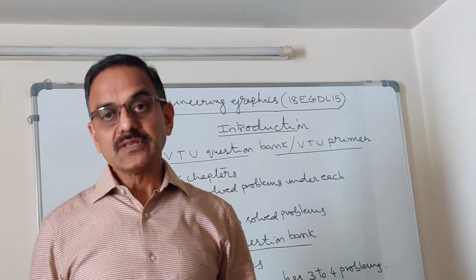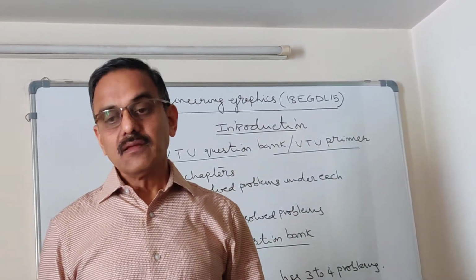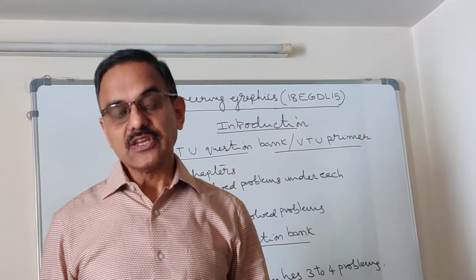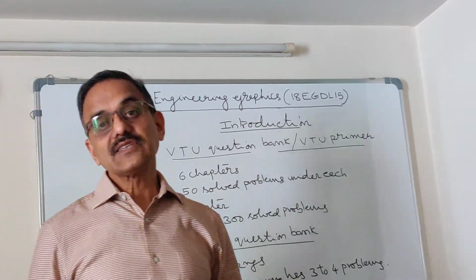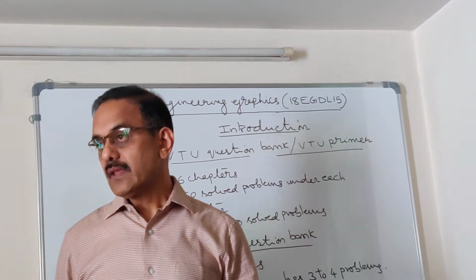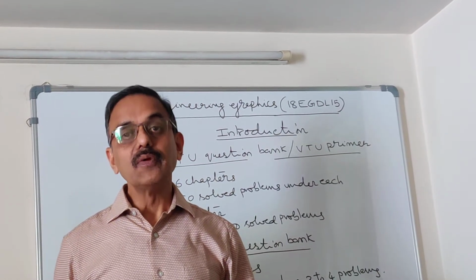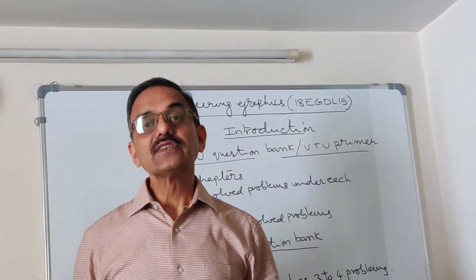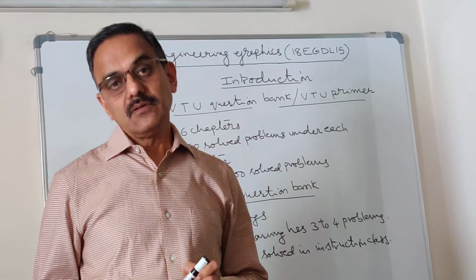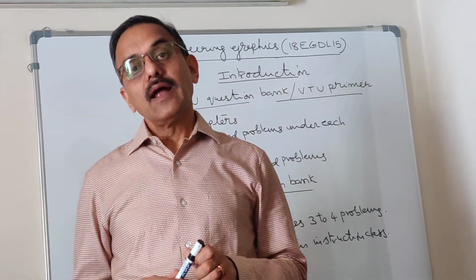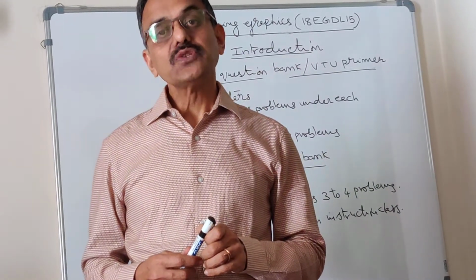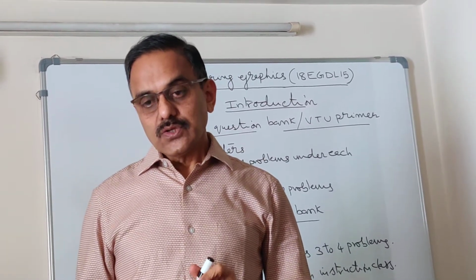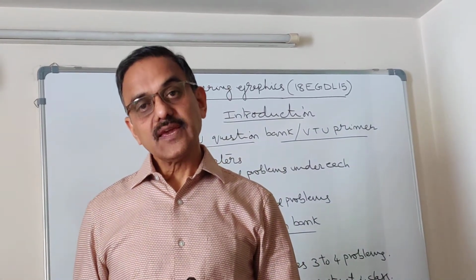Suppose you are studying some other subject during night, you feel sleepy, immediately you can go to this subject and start doing the drafting or sketching. So let me tell you what this sketching and this drafting are. Sketching is nothing but manual drawing. You will be using some instruments and making the drawings on a sketchbook. You will have to buy an A4 size sketchbook. I'll be giving it later to you. And drafting is what you do using software on a laptop or a desktop. So engineering graphics involves both sketching as well as drafting.